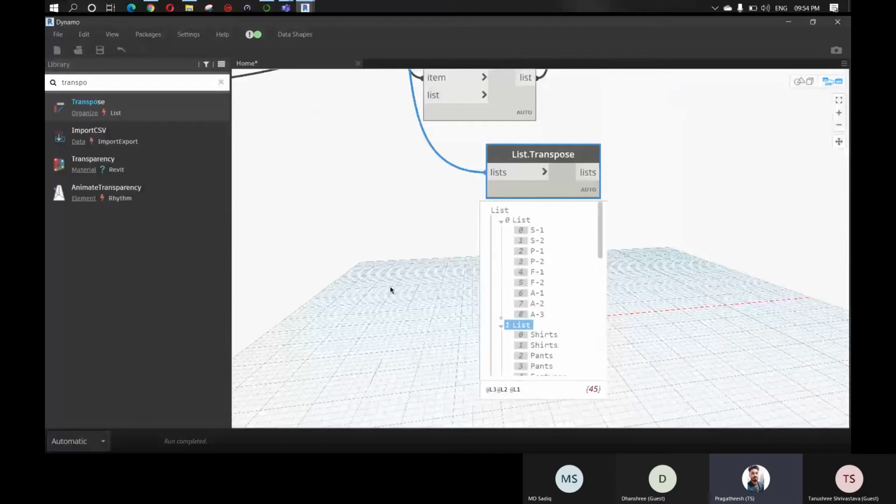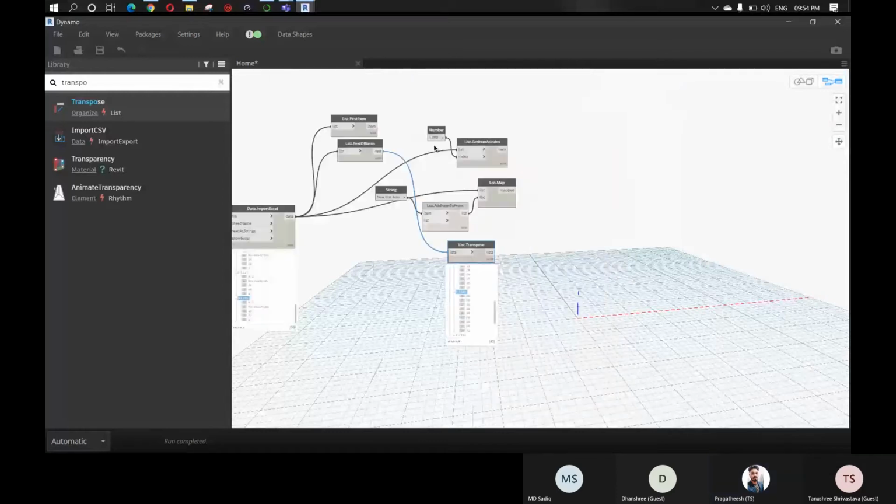Fine. So now I'm going to extract the data from index 2 and index 3, because index 2 has all the widths and index 3 has all the heights, right? So I'm going to extract all the width details and all the height details.